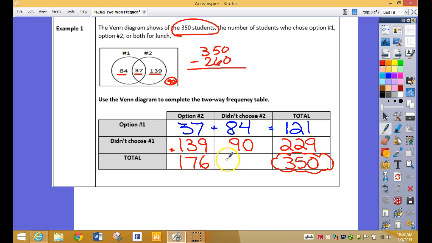How many are totaled here? 84 plus 90 is what? Yep. So now if I go across, our 176 plus 174, does that equal my 350? Yeah. It does. So we know we did it right, because all of these two equal 350. These going across in this row equal 350. You're done. The two-way table. Numbers only, and it equals your total. And this could change